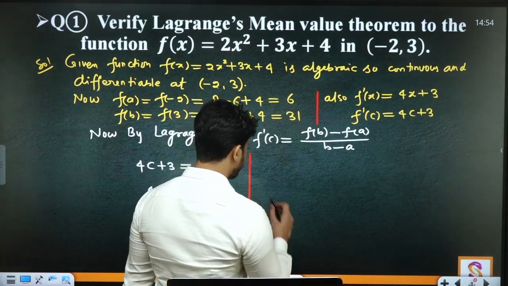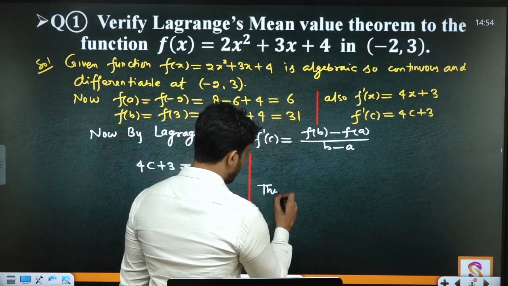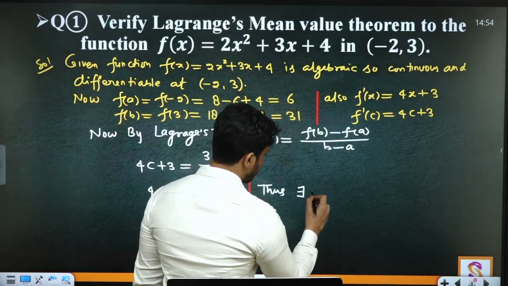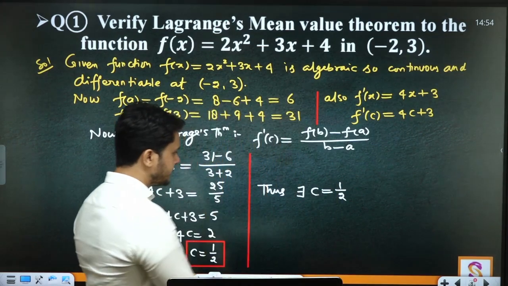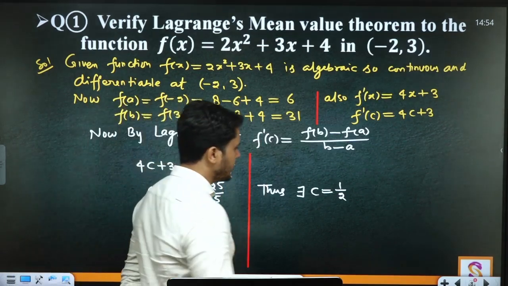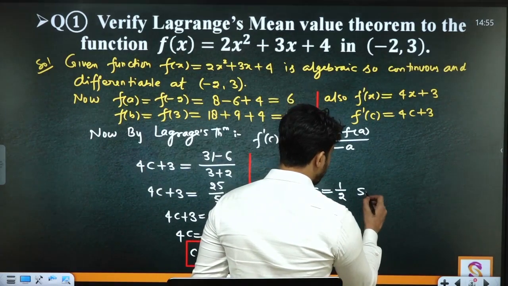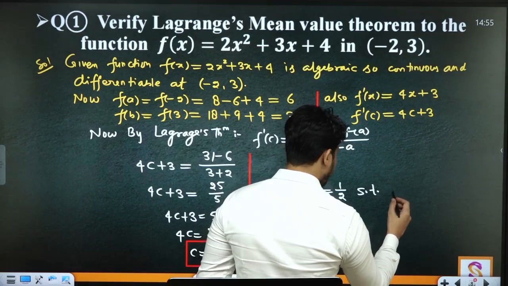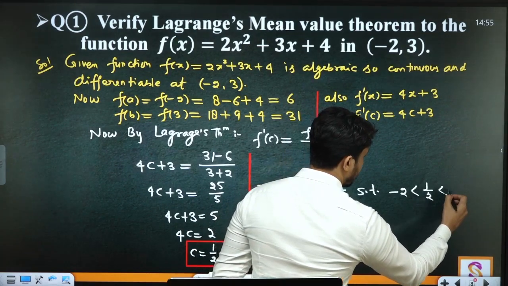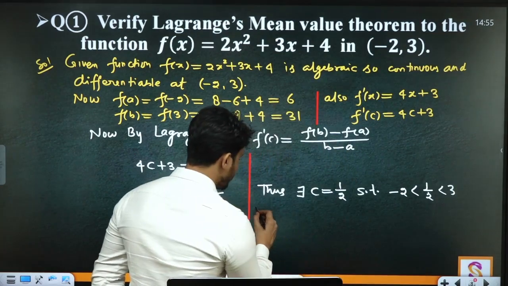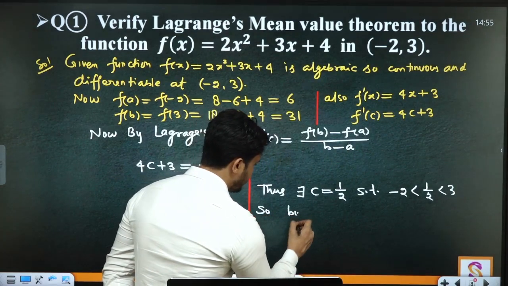So thus there exists c equal to 1 by 2 such that -2 less than 1 by 2 and less than 3. So by Lagrange theorem,